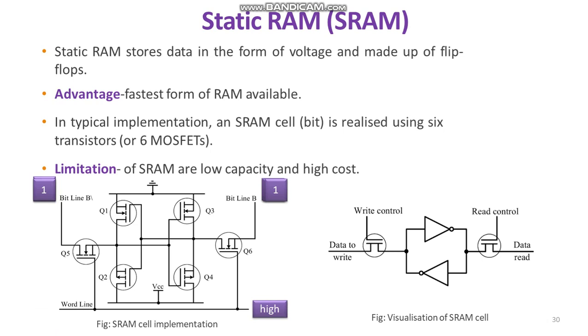So SRAMs are low capacity and high cost memory. So this is all about the static RAM. The next two types, that is dynamic RAM and NVRAM, will be discussed